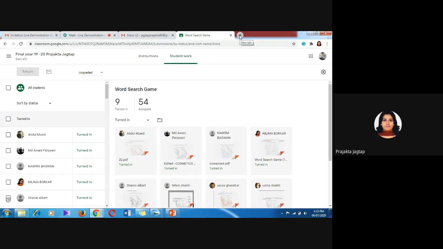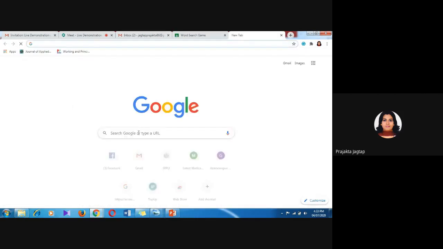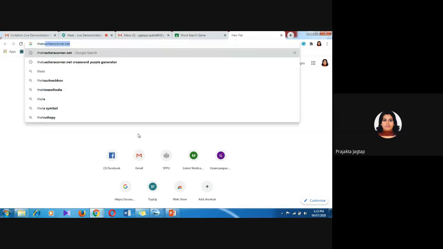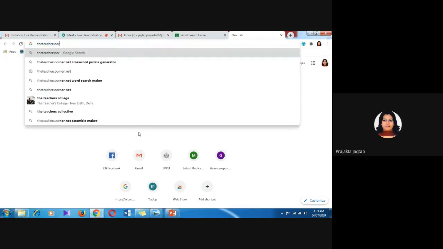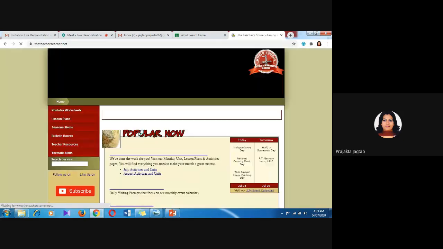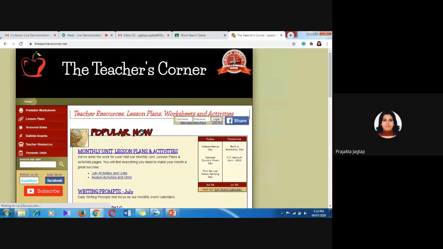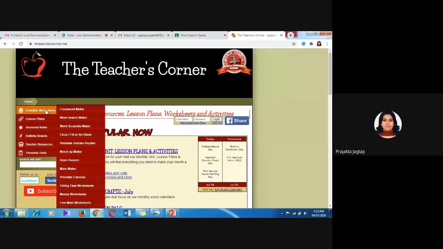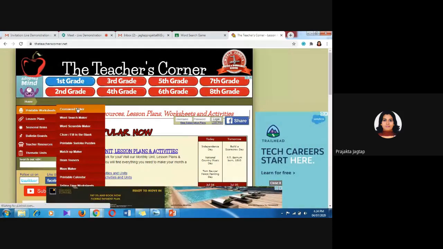Now I will show you how to create such games, and for that you need to open the website www.theteacherscorner.net. At the left side corner, you can find this printable worksheet. So click on the word crossword maker.